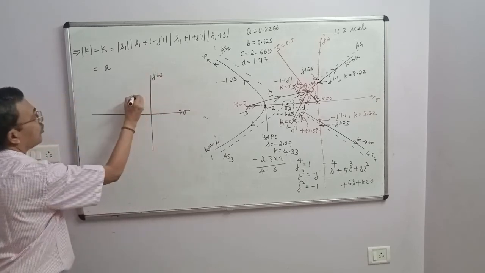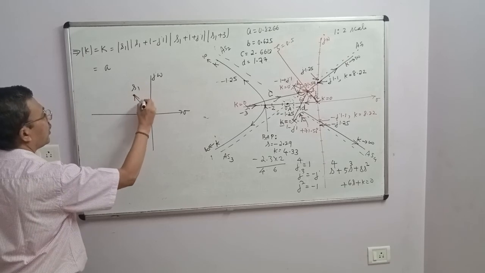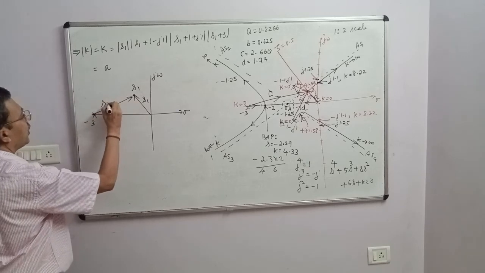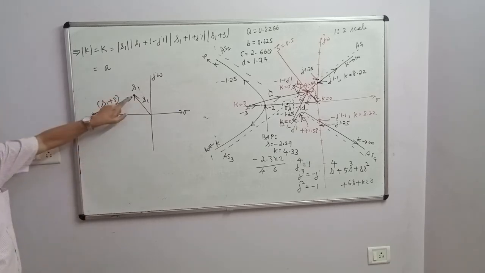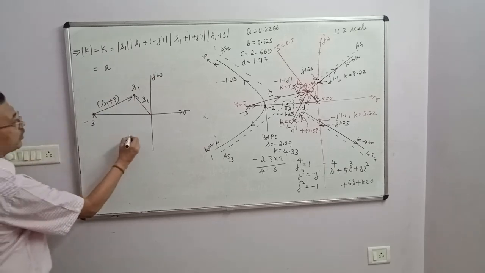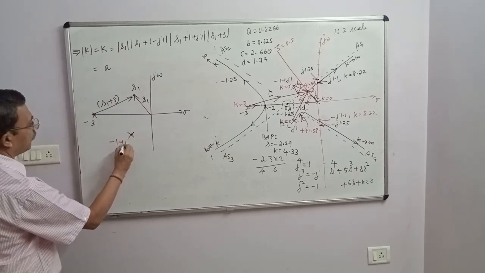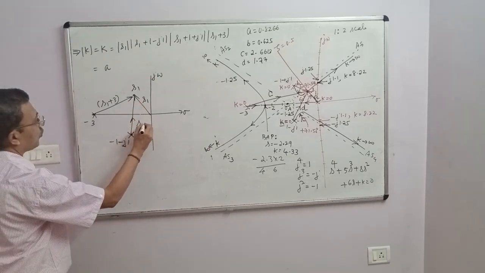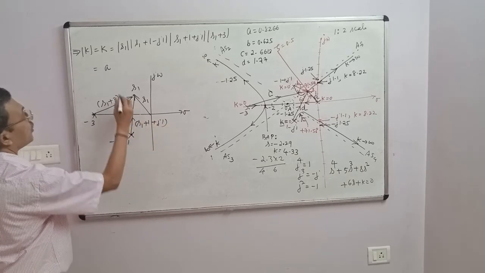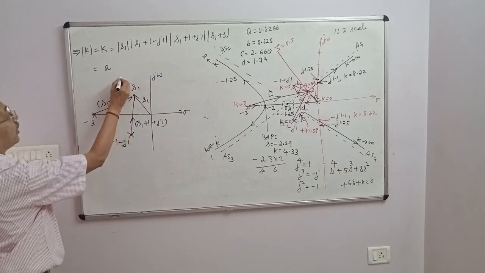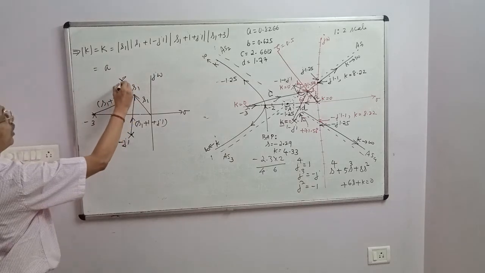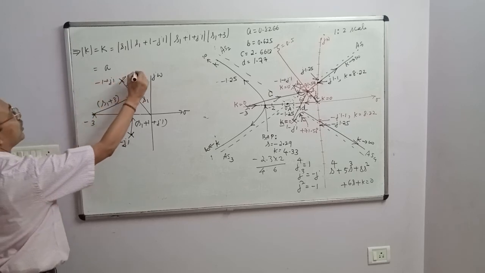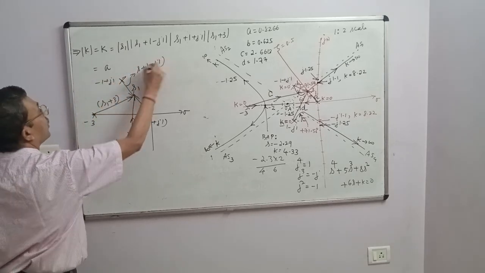See, I'll just explain here. Sigma j omega. This is the point S1. This is the vector S1. Correct? This is the pole minus 3. This is the vector S1 plus 3. How do you get it? Final point minus initial point. This is the complex pole which is at minus 1 minus j1. So what is this vector? This vector is nothing but S1 plus 1 plus j1. We have got another complex pole over here. What is this vector? This pole is at minus 1 plus j1. This vector is S plus 1 minus j1.